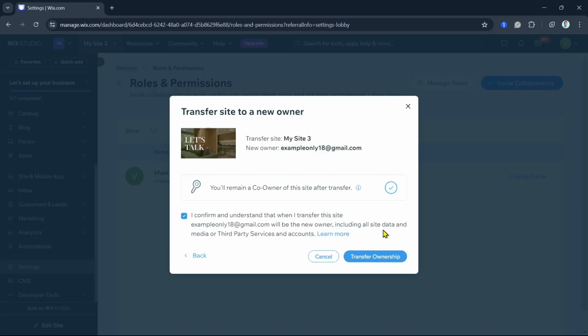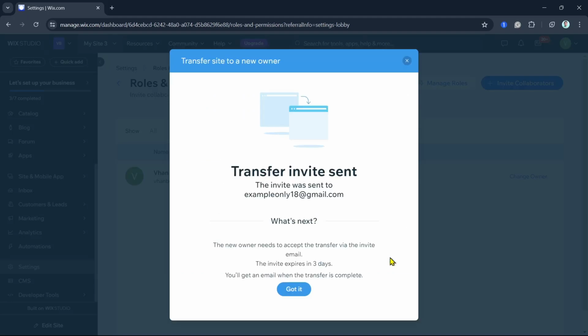And here, as you can see, you'll remain a co-owner of this site after the transfer. So I confirm and understand that when I transfer this site, this account will be the new owner, including all site data and media or third-party services and accounts. So in this case, we're going to click on the transfer ownership button. Now, transfer invite sent. So you just need to wait for the client to receive the invite message in their